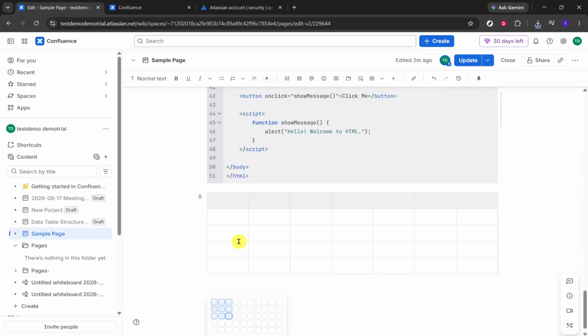After selecting Table, hover your mouse over the table size grid to create the number of rows and columns you need. This is an important part of shaping the calendar. For example, you may want enough columns to represent the days of the week and enough rows to cover the dates in the month. Take a moment here to choose a layout that fits the calendar view you want to